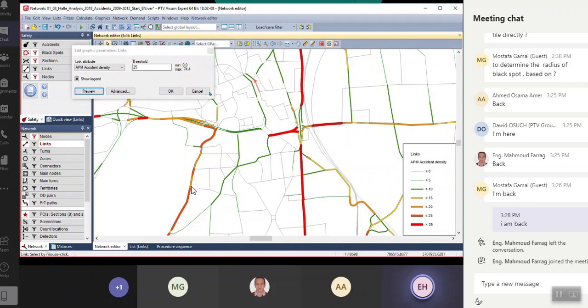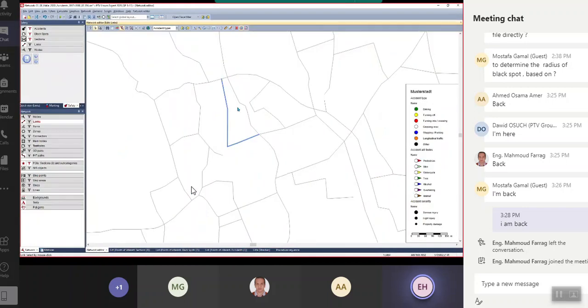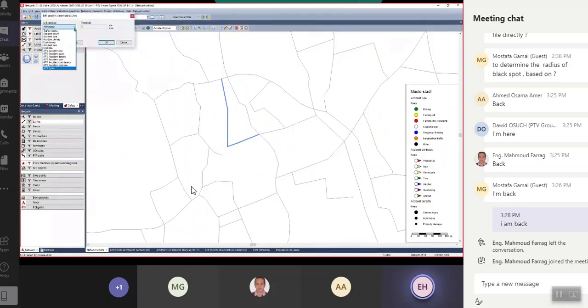Even for that one here, I can change that again. But okay, now I would like to have the density or the accident counts, whatever it is, or the accident rate. It's also possible. So if I see the density, you see now it's between 0 and 2.6, let's say 3,